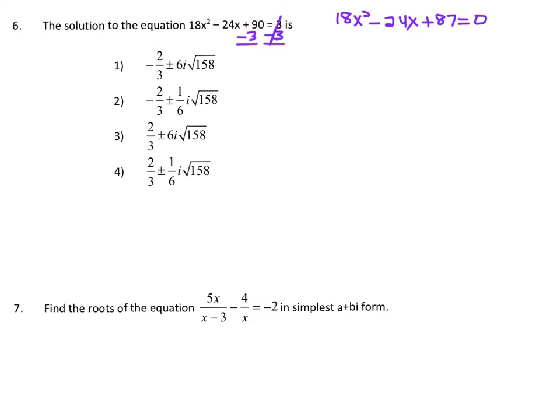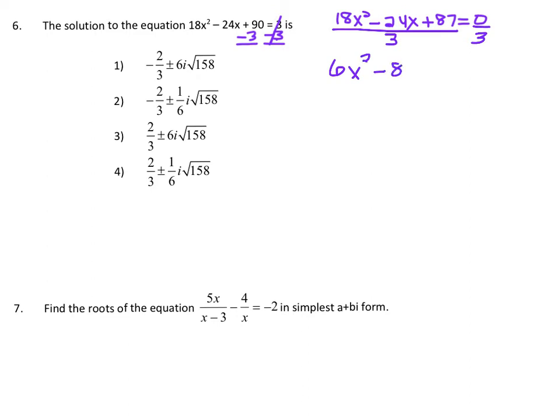Now, if you look at these numbers, you could plug them right into the quadratic formula, but you should be able to recognize that these first two numbers are both divisible by 6, but also by 3. And think about this. If 90 is divisible by 3, and you take away 3 from it, shouldn't 87 also be divisible by 3? So basically, all of these numbers are divisible by 3. To make my life easier, you don't have to do this. You could jump right into the quadratic formula. But if you want to deal with smaller numbers, you can divide both sides of the equation by 3. All right, so now that's going to leave us with 6x squared